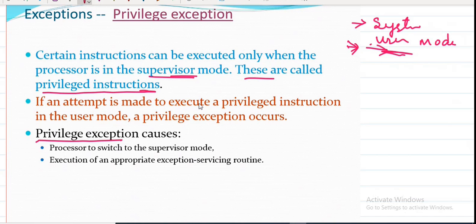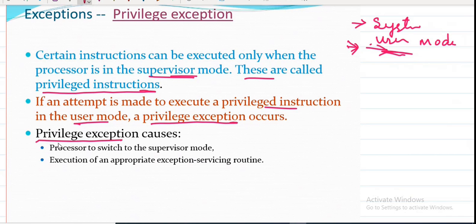If an attempt is made to execute a privileged instruction in user mode, it raises an exception called a privileged exception. That means you may get an error indicating you do not have the privilege to execute that particular operation. So that is one type of exception.